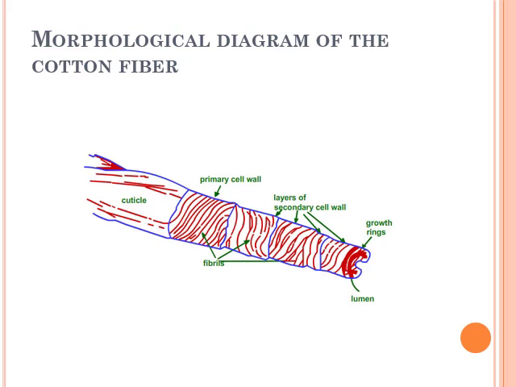The lumen is the hollow canal that runs the length of the fiber. It is filled with a cell sap during the growth period. The lumen was once the central vacuole of the growing cotton fiber. After the fiber matures and the boll opens, the protoplast dries up and the lumen naturally collapses, leaving a central